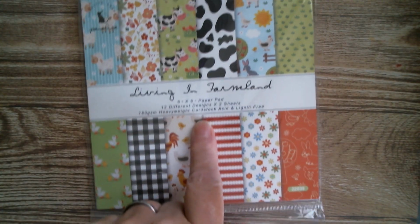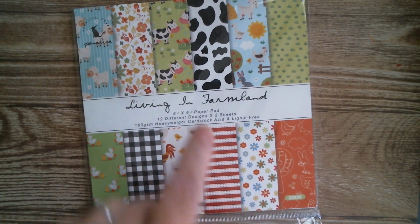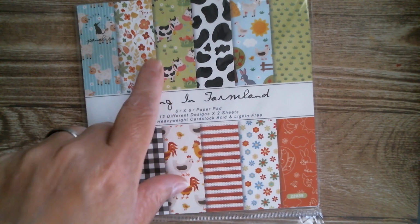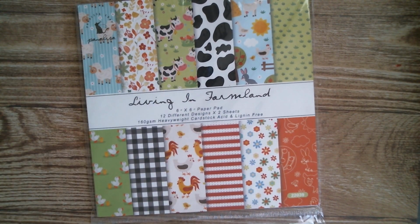I used the Living in Farmlands pack again. I know this one is really popular. It's such a cute paper, and I did do a pig and a cow card using this, but today I've